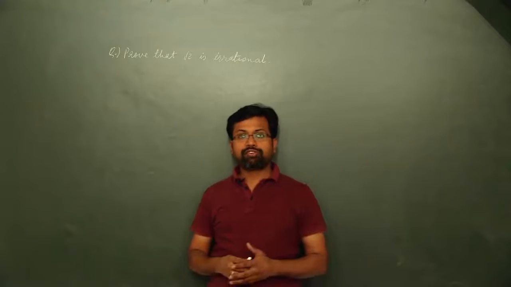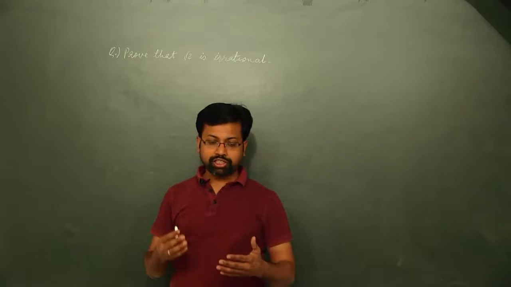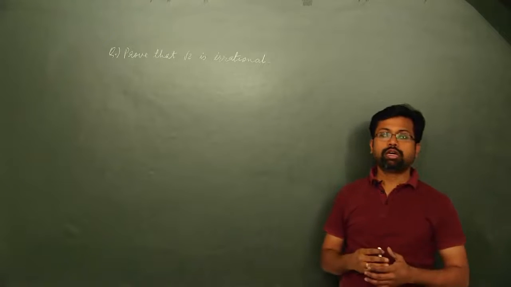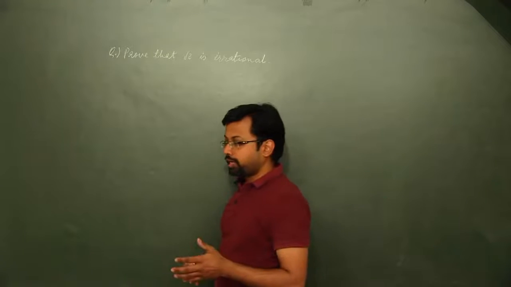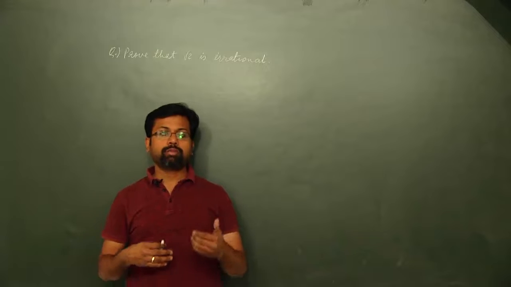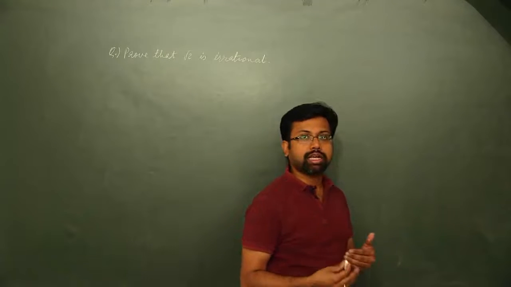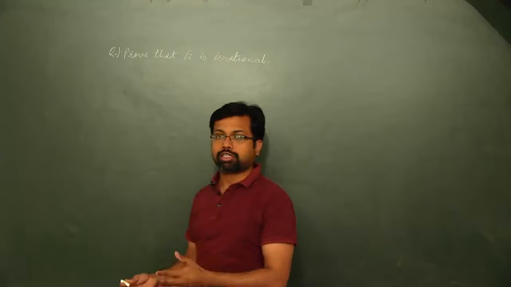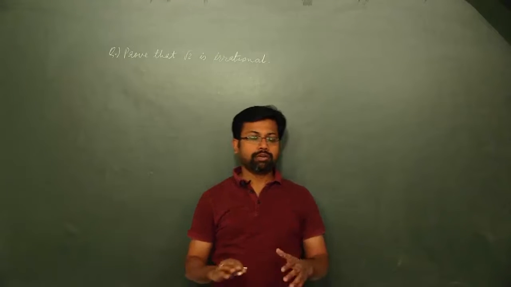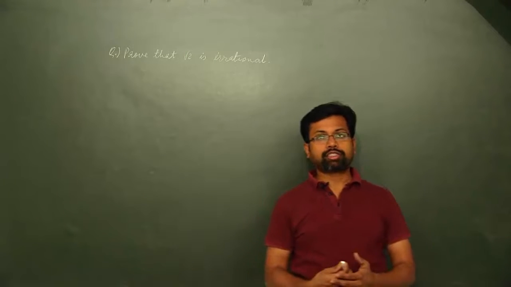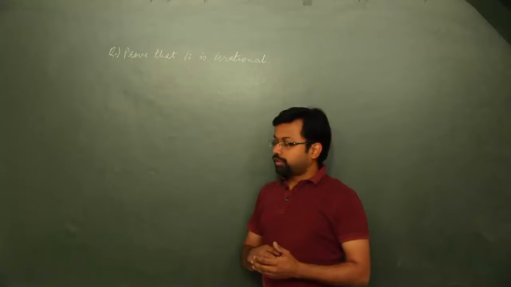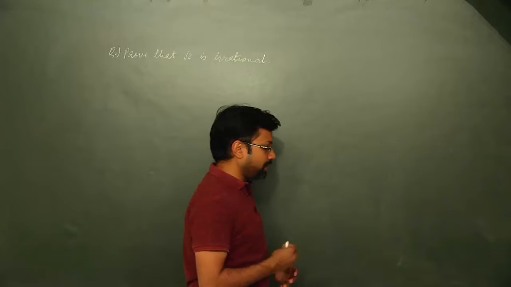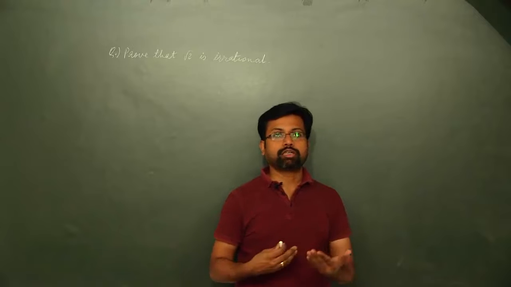We have seen in the definitions of rational numbers and irrational numbers that there is no specific definition to define what an irrational number is. When we have to figure out whether a number is irrational, we simply figure out whether it is rational or not. If it is not rational, then it is an irrational number. So given a question where we have to prove that root 2 is irrational, we cannot go by the definition of an irrational number.